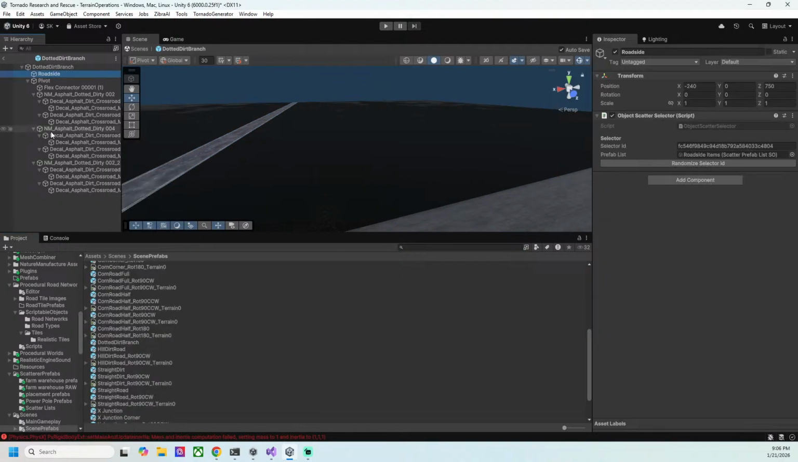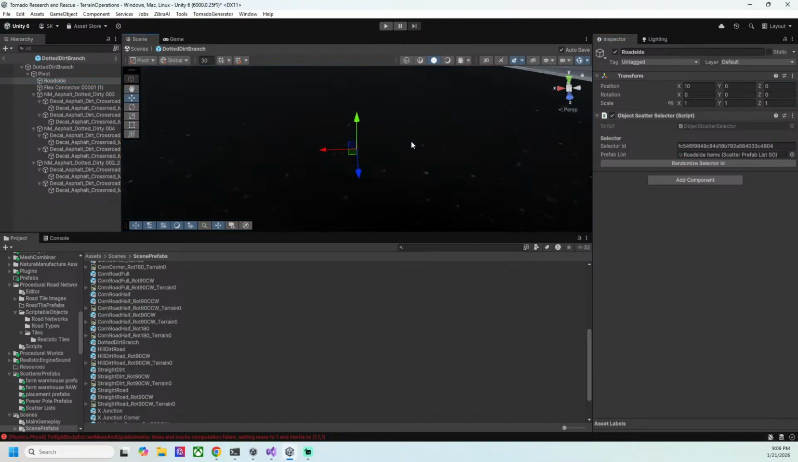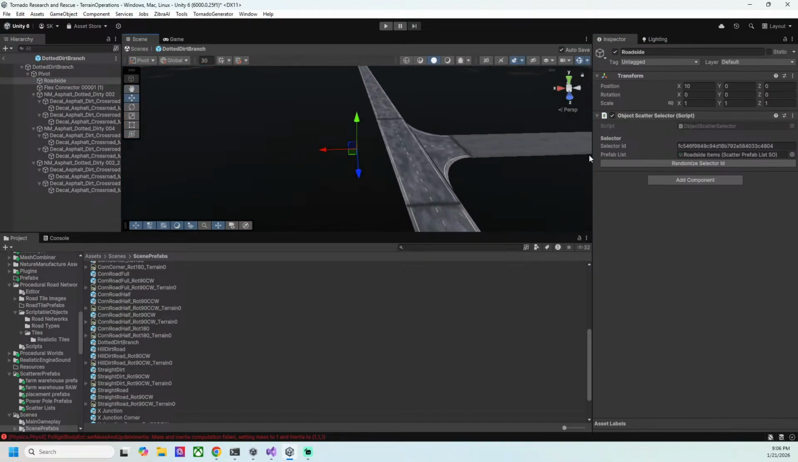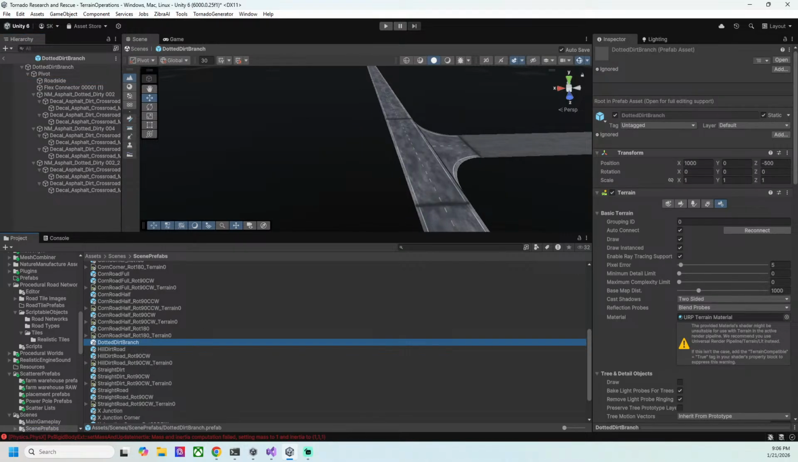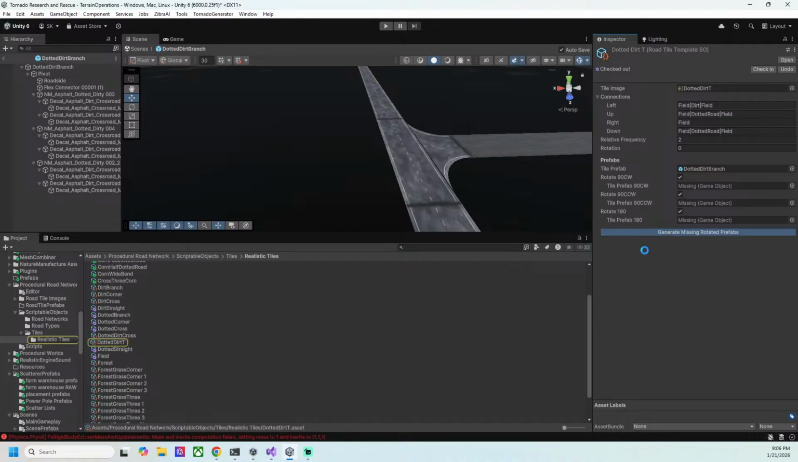Okay, we'll paste that and just make sure. Yeah, it needs to be nested under the pivot. Set the offset to 10, and set the Z to 0. Yeah, again, we will randomize selector ID. Then we'll go back. Dotted dirt branch. Dotted dirt T. Right, generate the missing rotated. Okay, I think now,